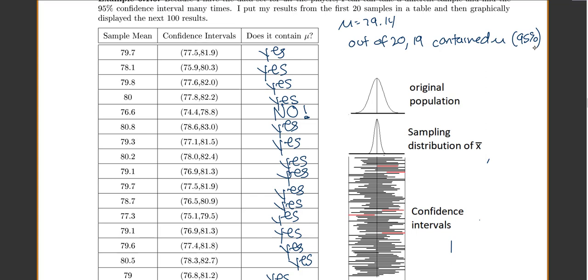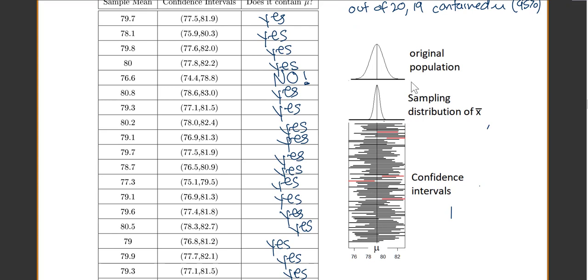It means there were lots of different samples I could have taken. Each one would give me a different confidence interval, and 95% of them will actually contain my population mean mu. Now in practice, you only take one sample. Is there any way to know for sure whether it's a yes interval or a no interval? No, there's not, which is very unfortunate. But we hope we have pretty good odds that it will be one of the confidence intervals that actually contains our population mean mu. So here's this other graph where I did 100 confidence intervals.